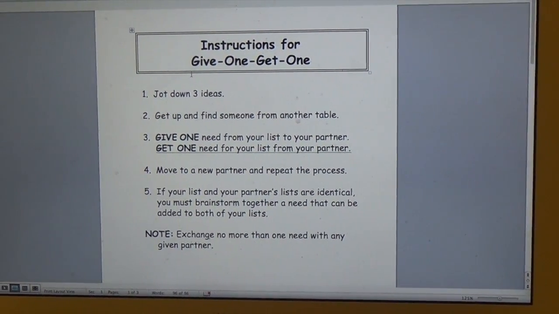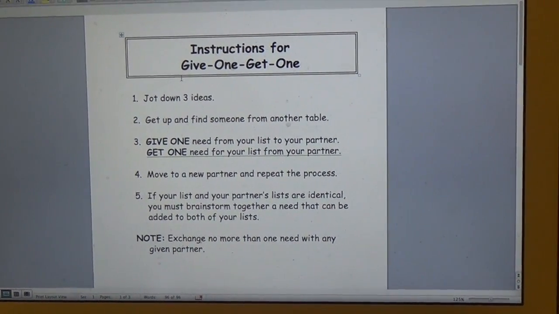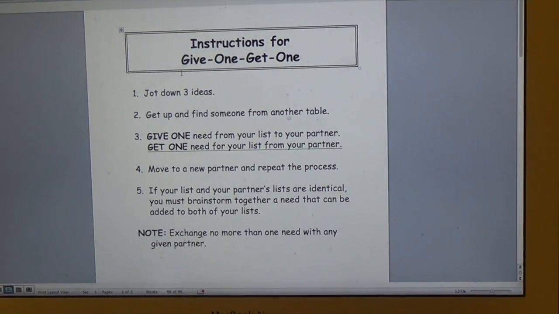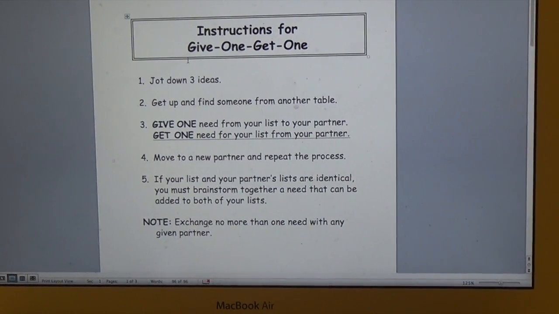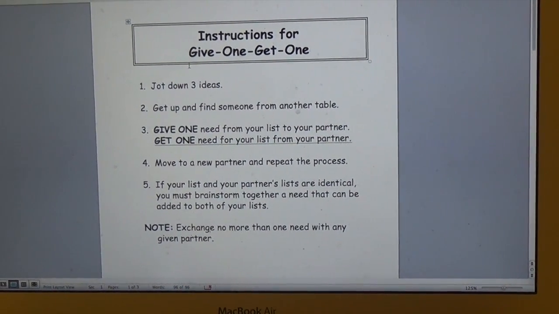Hello, my name is Justin Miller, and I would like to talk to you today about two strategies to help increase student engagement. The first one is called Give One, Get One, and it's a fantastic strategy to use when